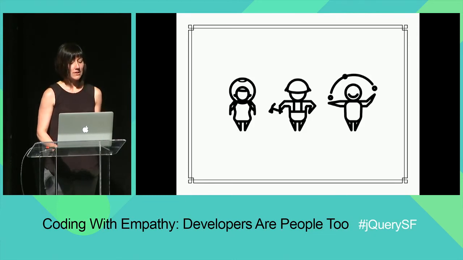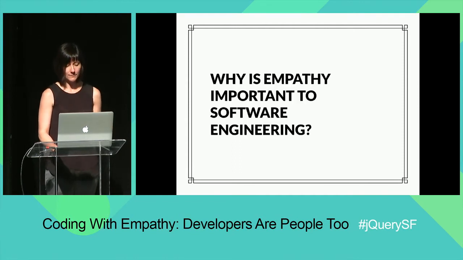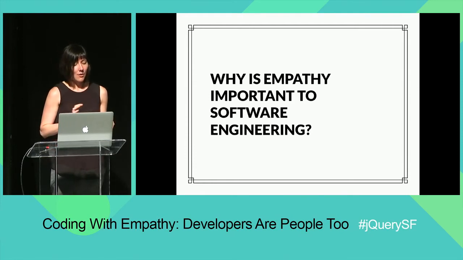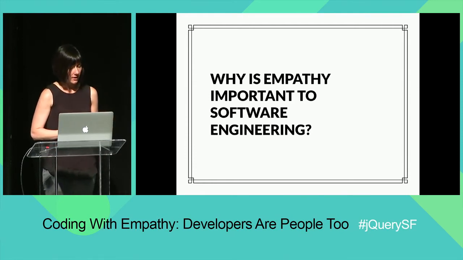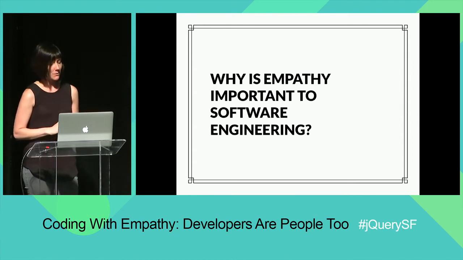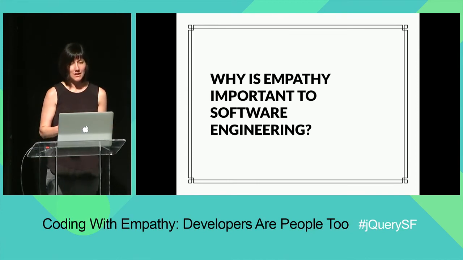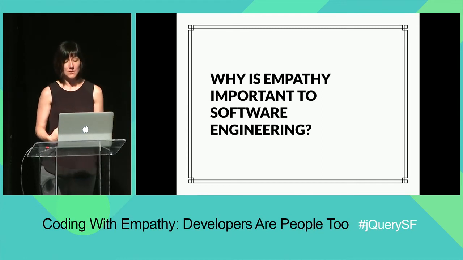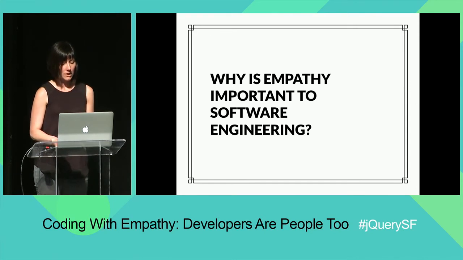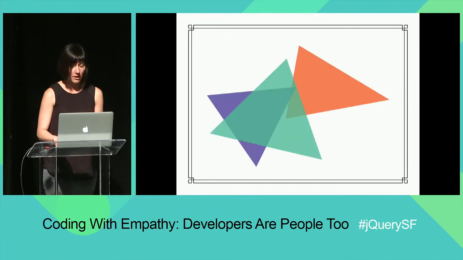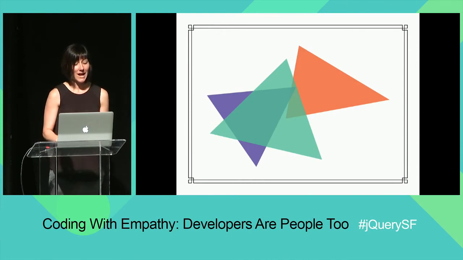But there are reasons to do this outside of just generally being nice to those people affected by the code that we write. Why is empathy important to software engineering? Well, it's important because we still have some really big problems to solve, and until some team solves the problem of simulating the human brain, we need teams of people with diverse backgrounds and diverse knowledge, teams with small amounts of shared context to be able to come together and solve those problems. And like we talked about earlier, low amounts of context require a higher amount of empathy.